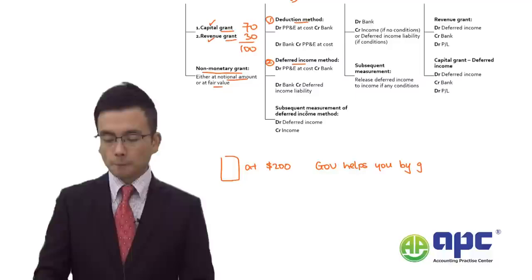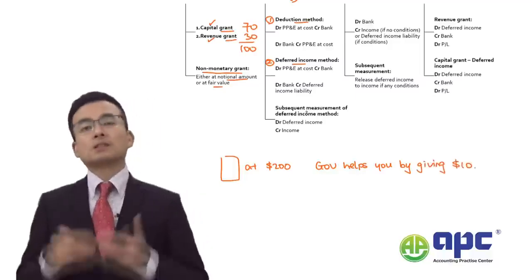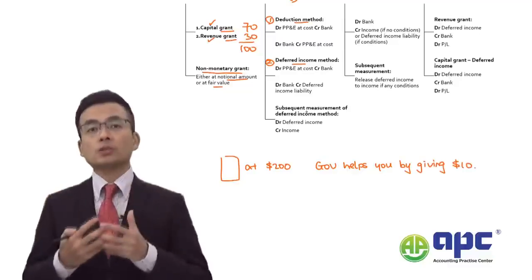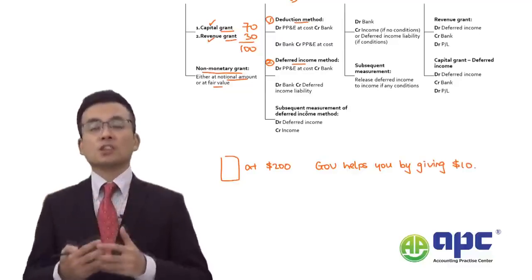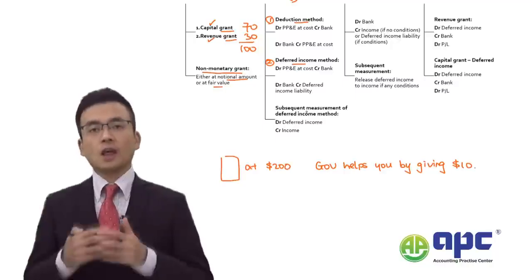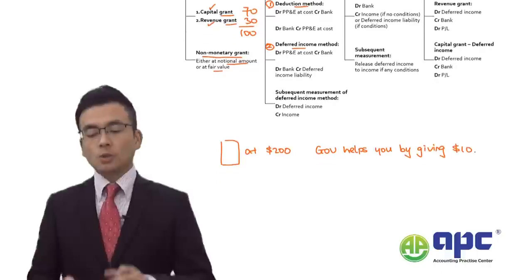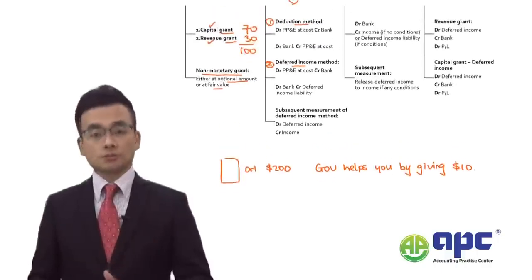by giving $10. Because that $10 is related to the piece of equipment that you bought. That piece of equipment is an example of a non-current asset, and that $10 would be the capital grant. So when you receive that capital grant of $10,